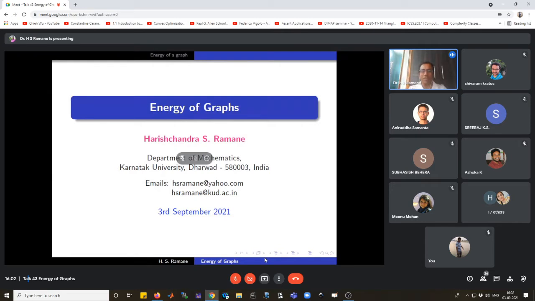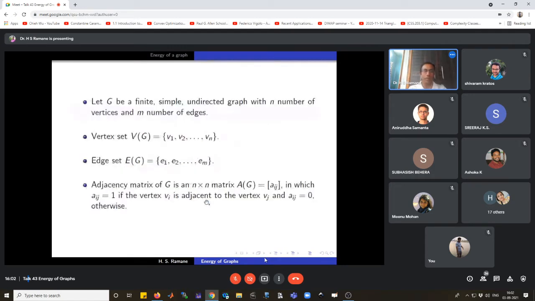The energy of a graph is nothing but the sum of the absolute values of the eigenvalues of the adjacency matrix. We'll consider a finite graph, which is simple and undirected, with n points and m lines. The vertex set is denoted by V(G) = {v1, v2, ..., vn}, and the edge set is E(G). Then the adjacency matrix of the graph G is a square matrix of order n, whose ij-th entry aij is 1 if the vertex vi is adjacent to the vertex vj,